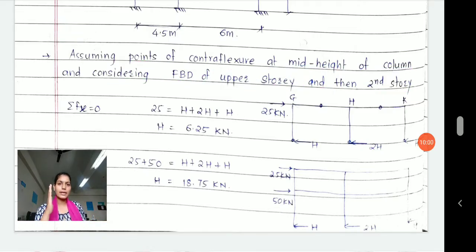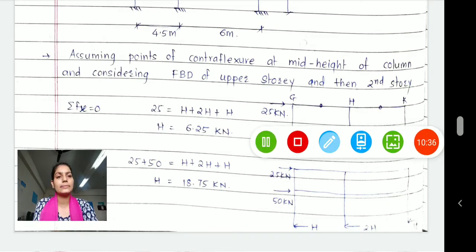Whatever lateral force is coming upon my structure, I'm trying to distribute it into the columns. How am I doing it? The third assumption stated that the lateral force coming upon my structure will be distributed first of all on the columns. The force distributed on exterior columns will be H, and the interior columns will be 2H. What does it mean? That interior columns will take twice the load of exterior columns. So let's analyze it.